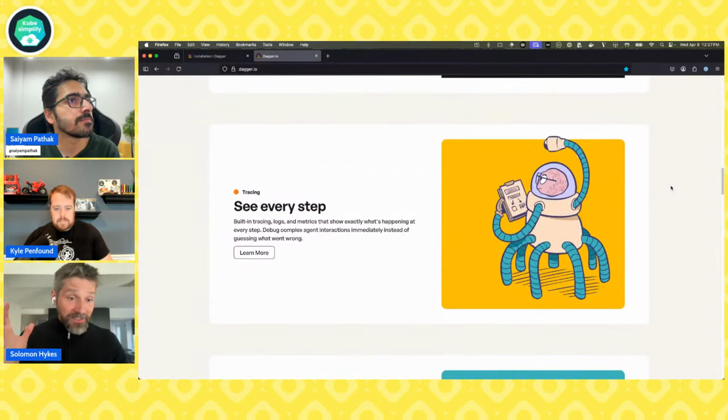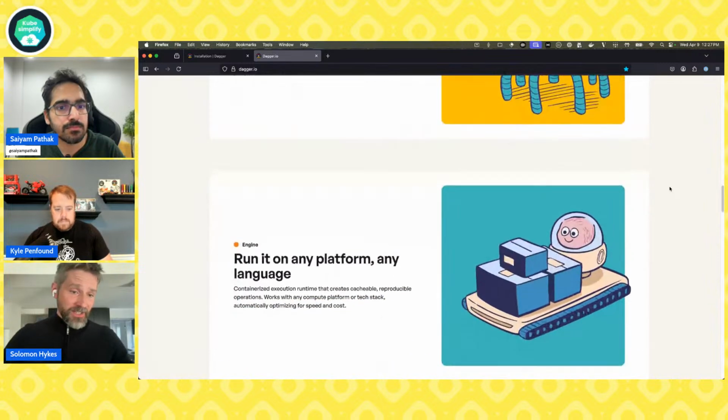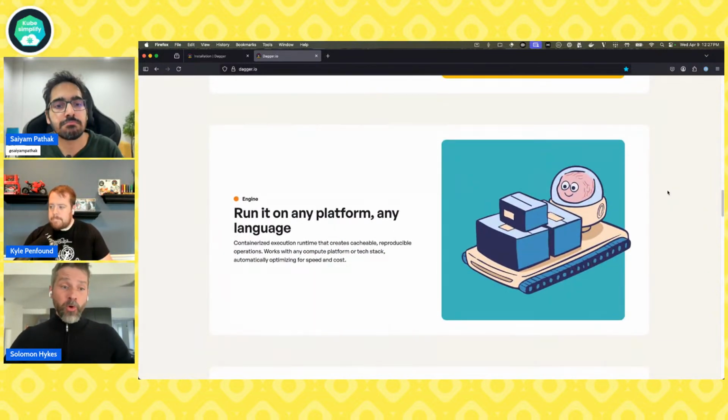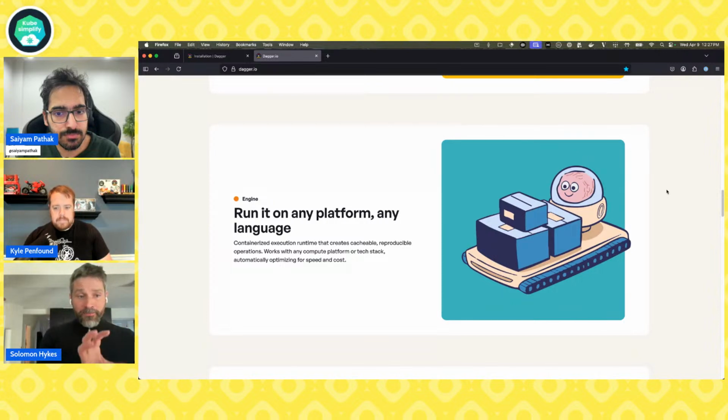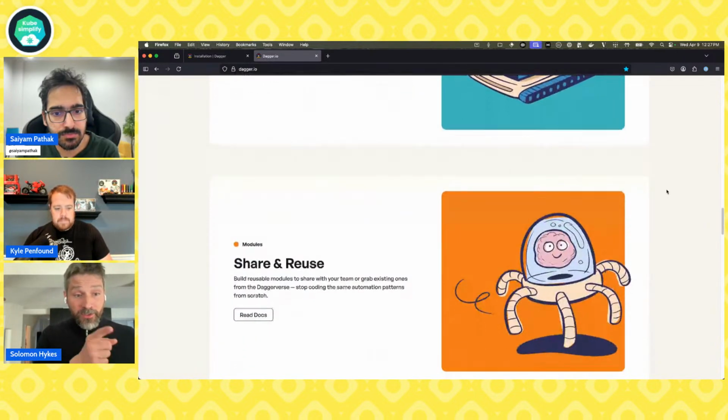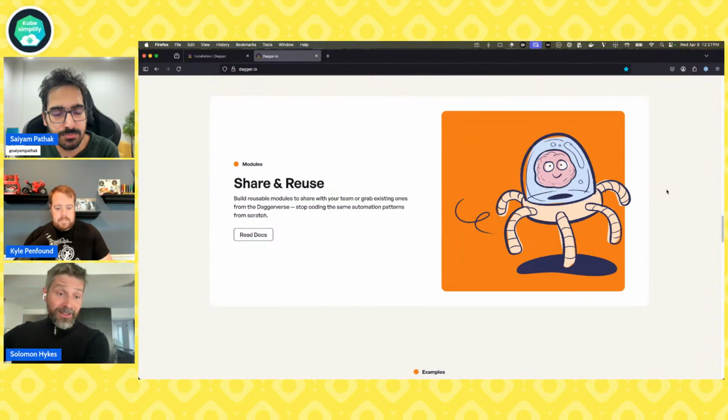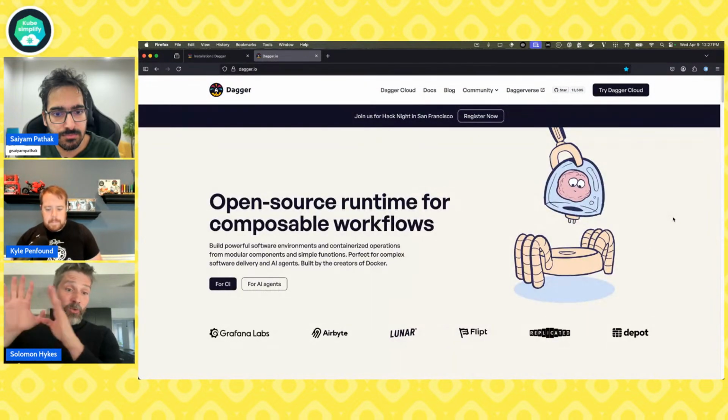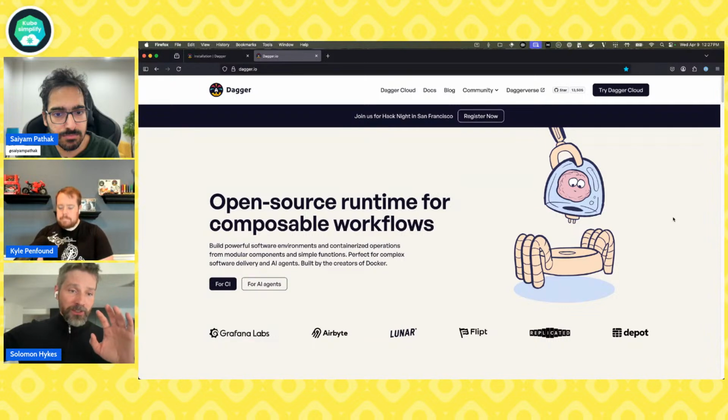it's portable, which means it runs locally on your dev machine, very important, and it runs in your CI server. And that one's very important because a lot of these workflows, you need to run them, like your builds, your tests, you need to run them while you're developing, and then you push the code, and then again, they need to run on the CI server to verify that you didn't mess up and that it integrates properly. Ideally, you want those workflows to be the same locally and in CI. Otherwise, you have drift. Maybe it worked locally, but it's going to fail on CI, right? Or vice versa. And this is a very common problem, and Dagger solves it.